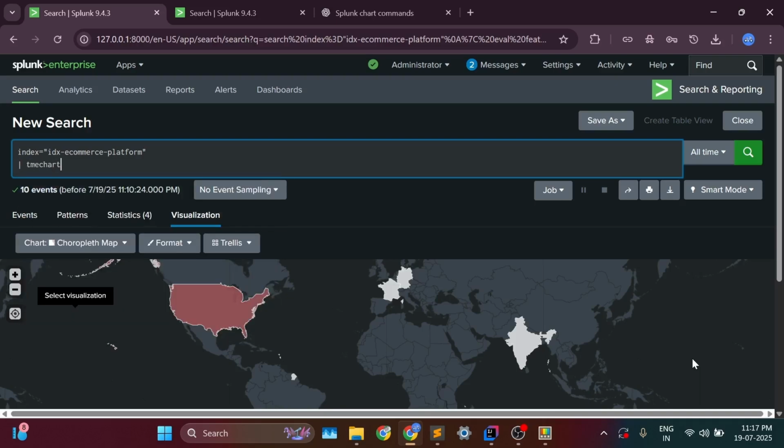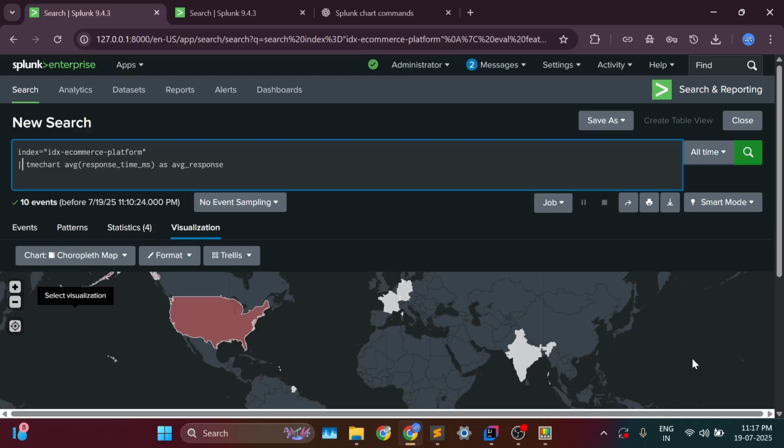Keyword is timechart, average response time, because the response time is important to see the moving average. I'm going to use alias as average response,